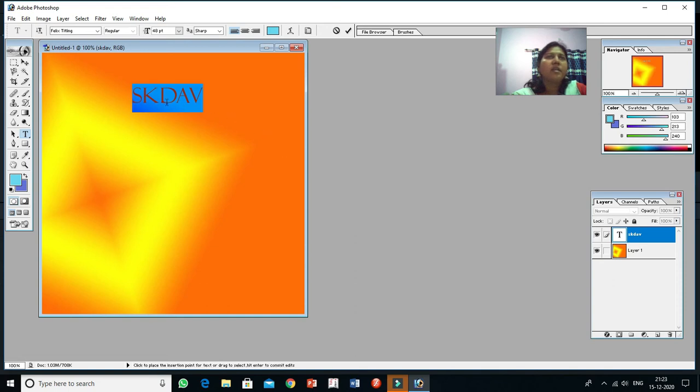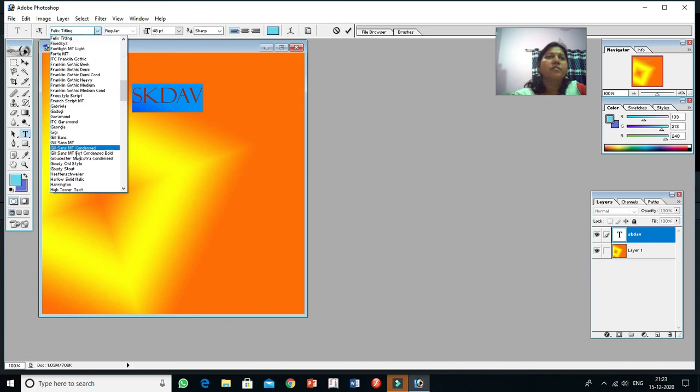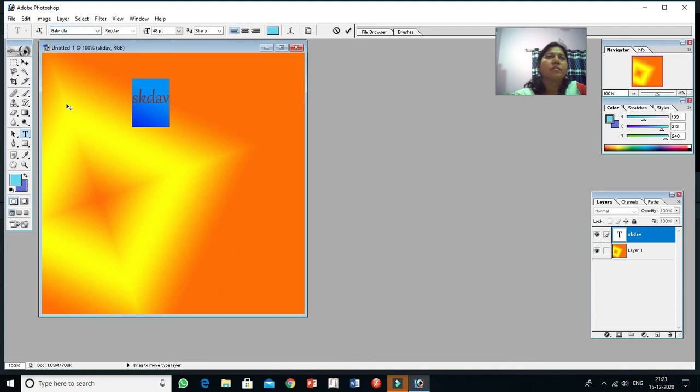Okay, now see here on your option bar, this is called your option bar. The font name, style, size, everything is there, so you can change it. Otherwise we can delete it and write any new data also.